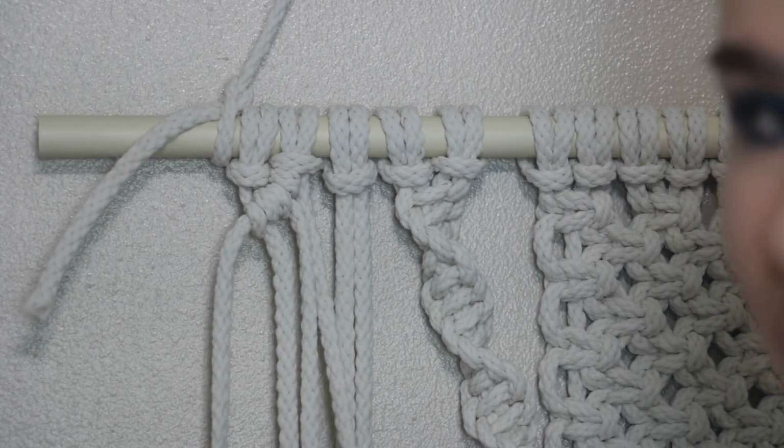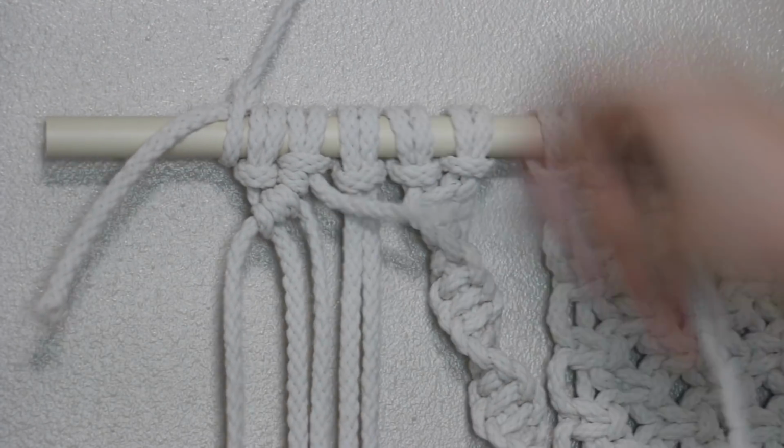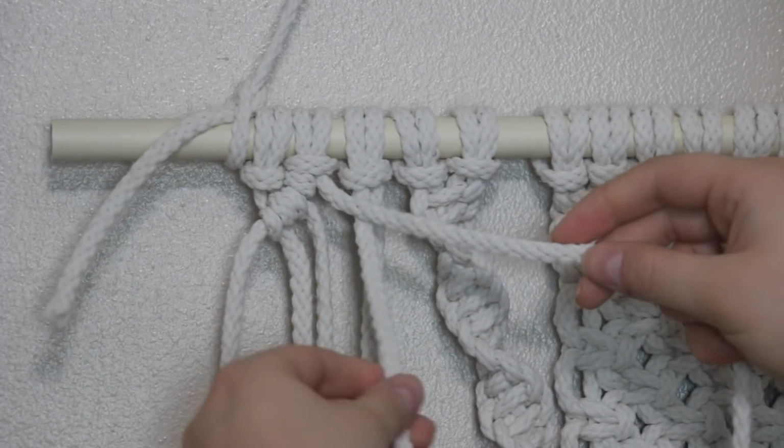So that is the first half of that done. Now we're gonna move on to the second half, which is the right side. You're gonna do the same thing. You're gonna have this right side, these ropes are underneath it, take the one beside it,